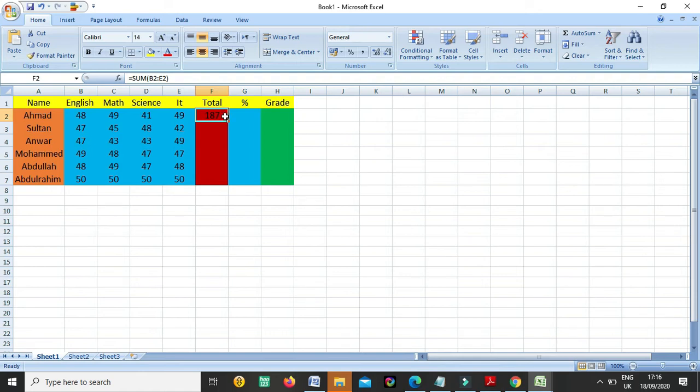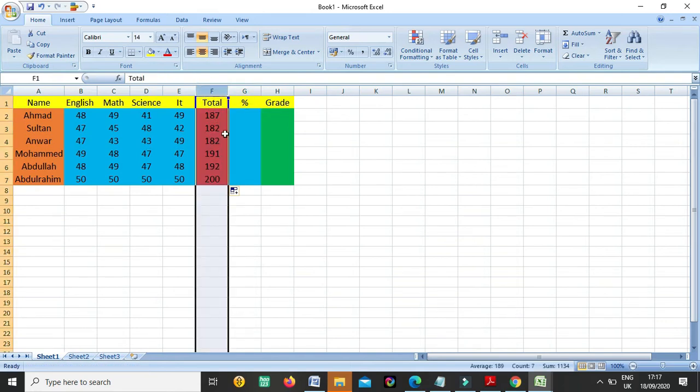Now for these cells, no need to put the formula in all the cells, you can copy and paste. Or the other way, once you have this cell where you put the formula, you will go on the corner, you will find this plus sign, you can drag this, so the total will come here. Okay guys, is it clear? So this is for the total.